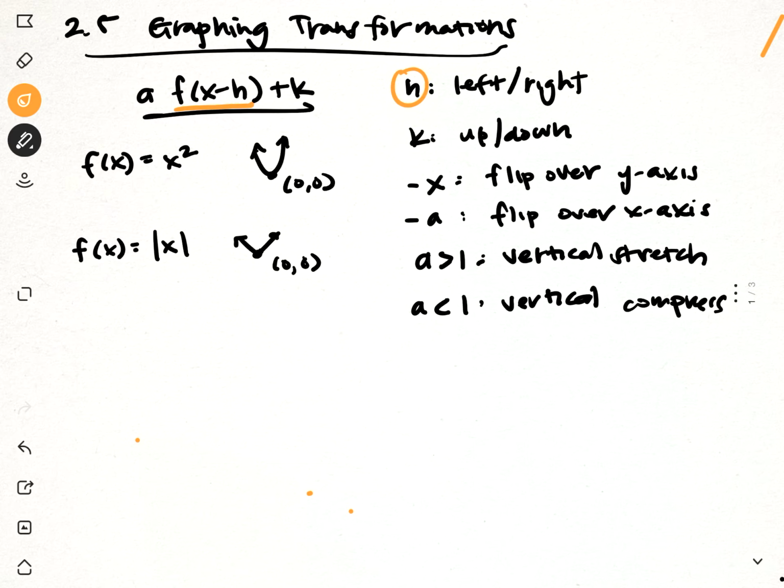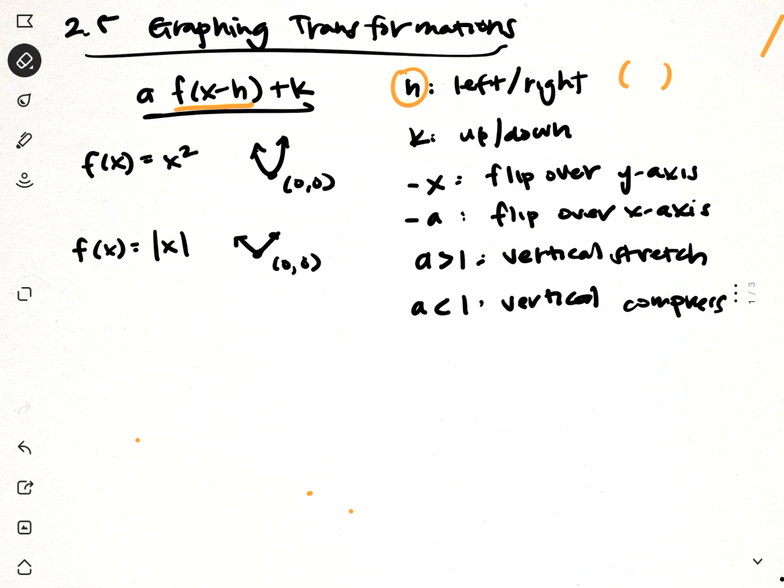Now the key to this is that because it's x minus h, if we have a positive h, like say 3, that'd be a translation to the right 3. But if we had a negative 2, for example, for h, if we want to move it to the left, it'd be x minus negative 2, and therefore it looks like x plus. So with the inside, inside the parentheses,